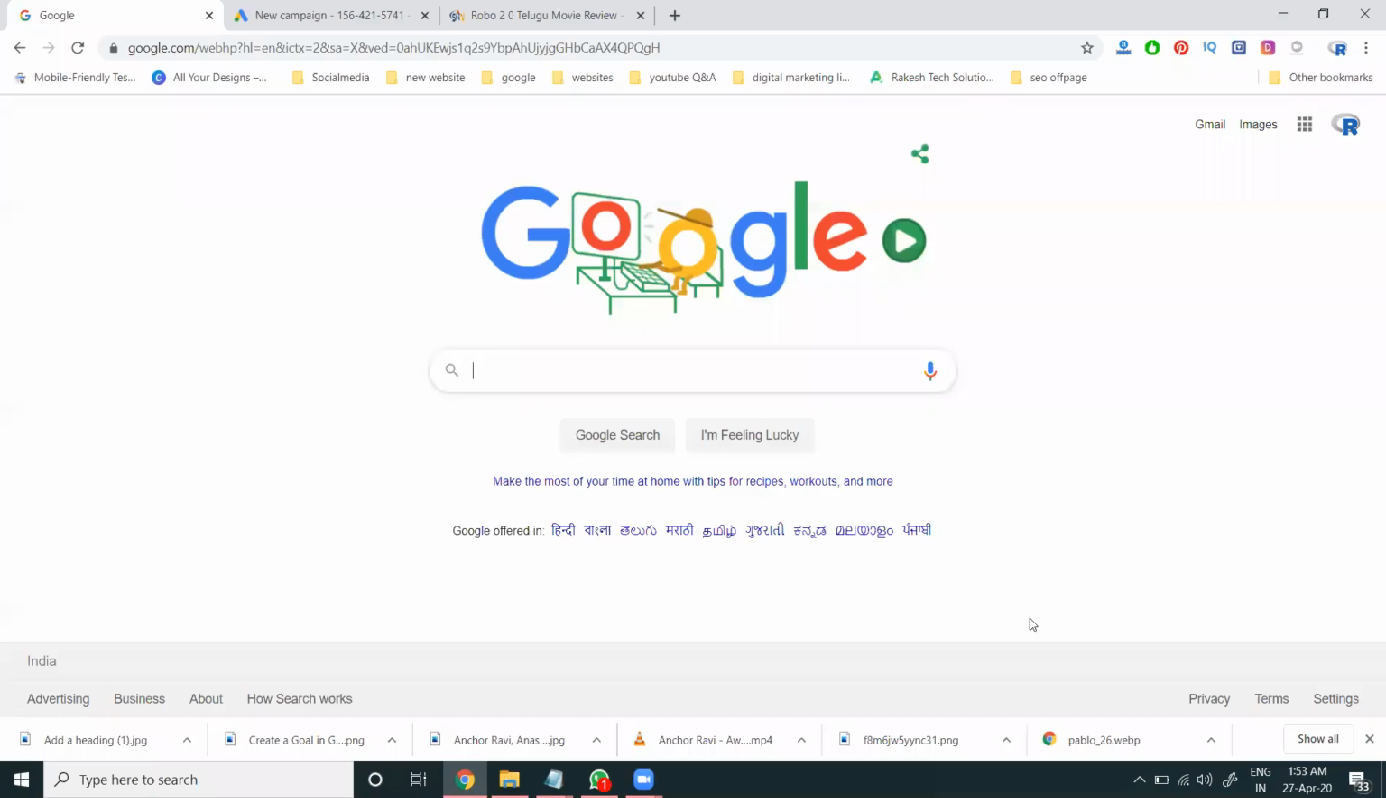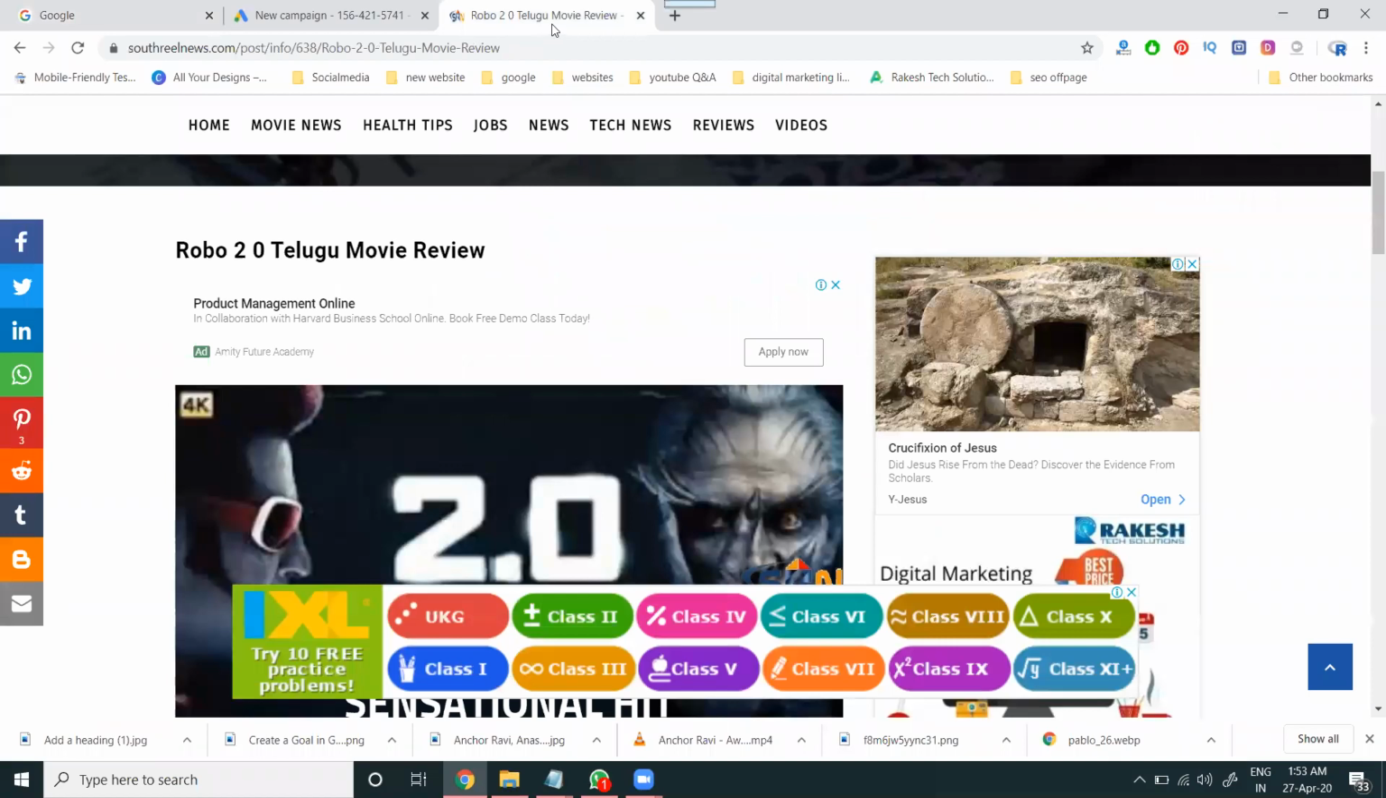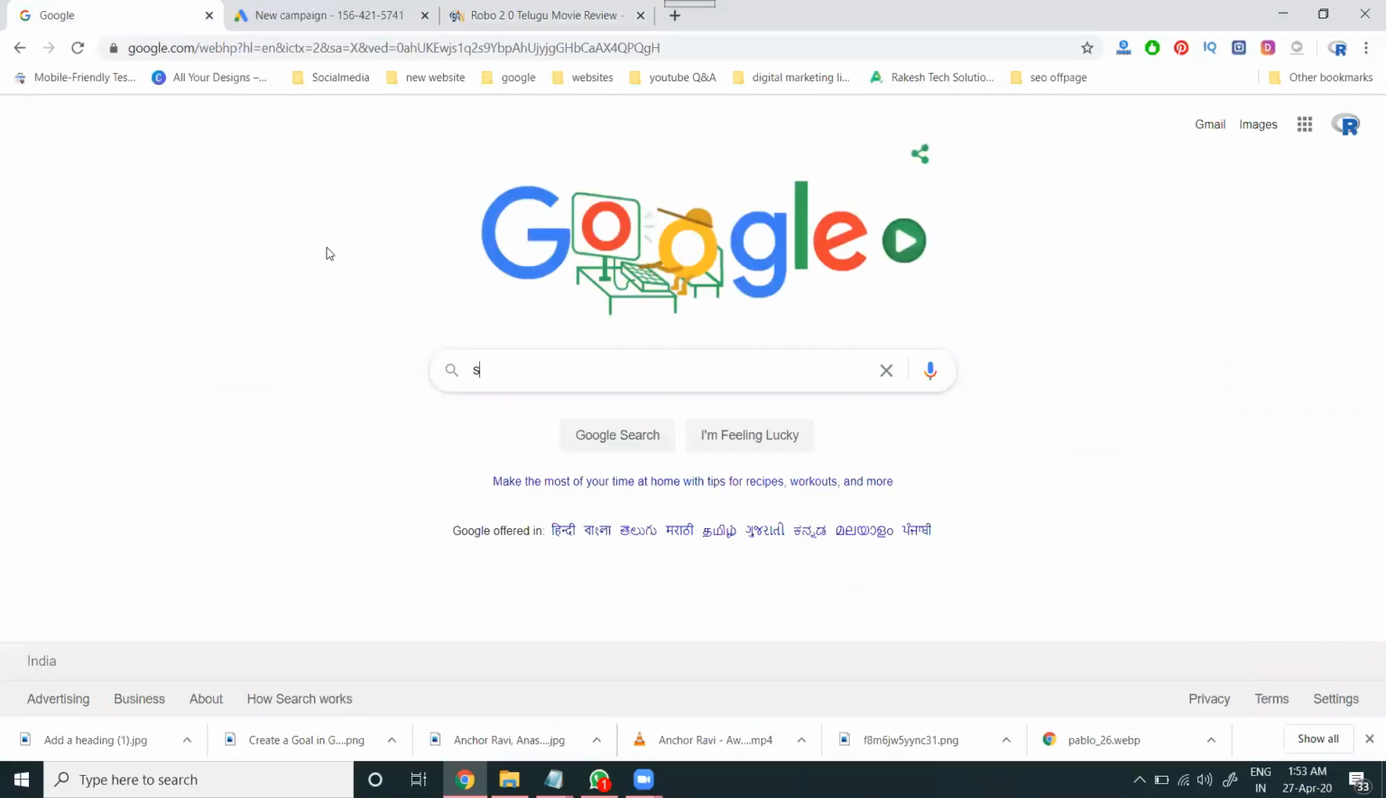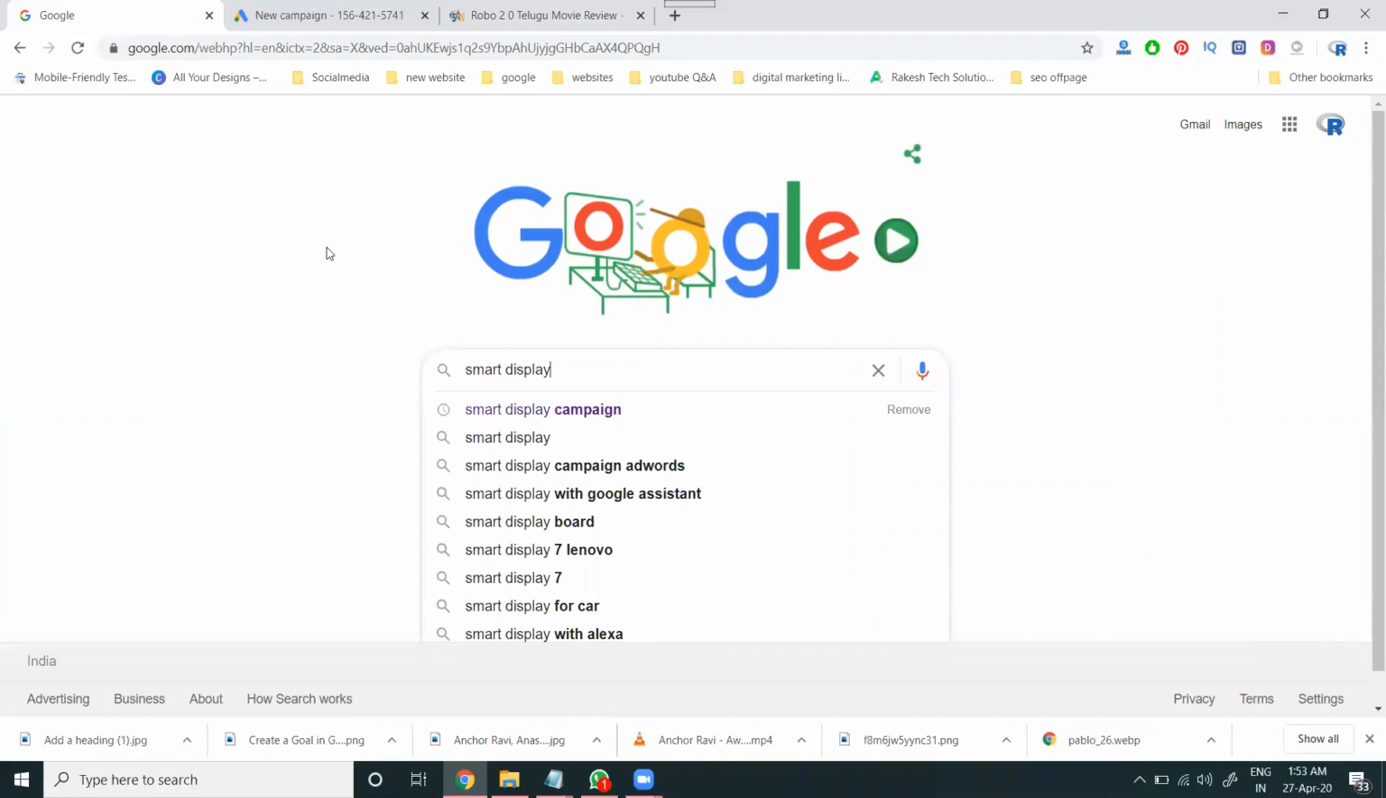So guys, I'm going to discuss one of the most important topics: how to create a smart display ads campaign. Suppose you want to promote your website on other websites, that means your website is promoted by other websites, using Google AdWords and Google AdSense. Any website approved by Google AdSense has one option, which is called the smart display campaign ads. If you want to know about smart display campaign ads,